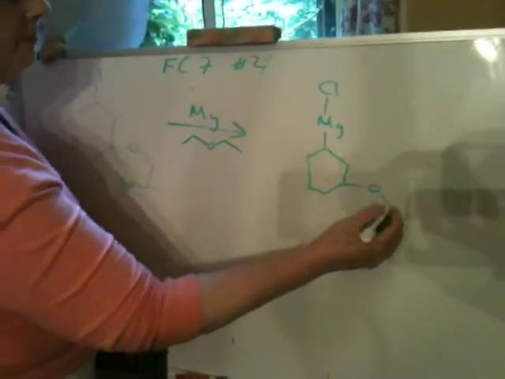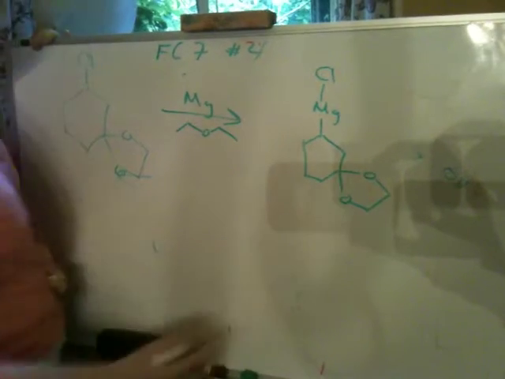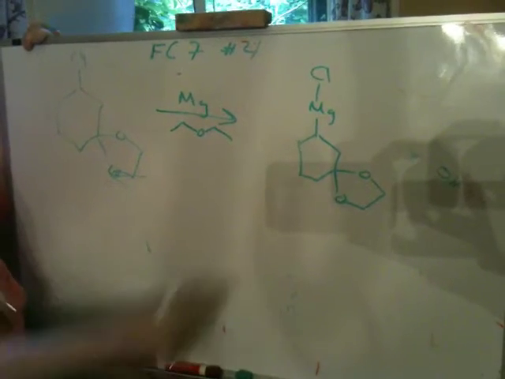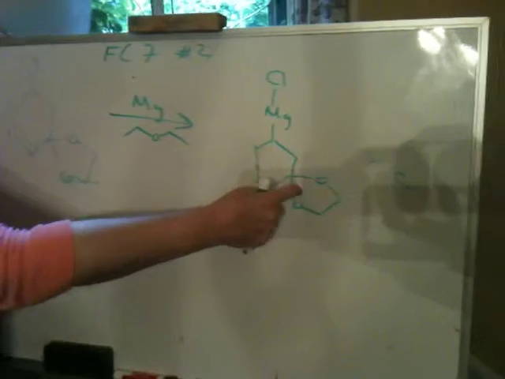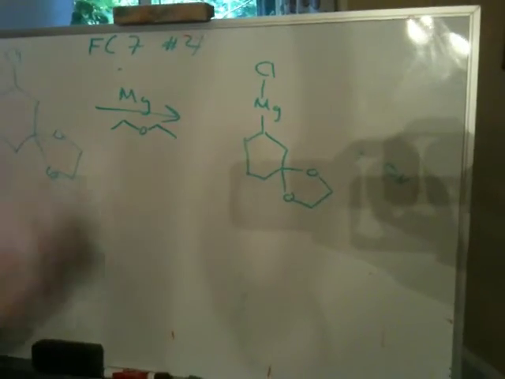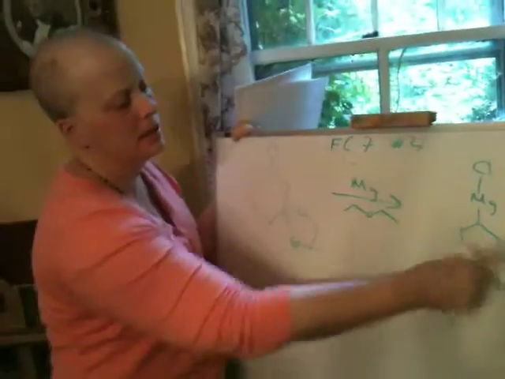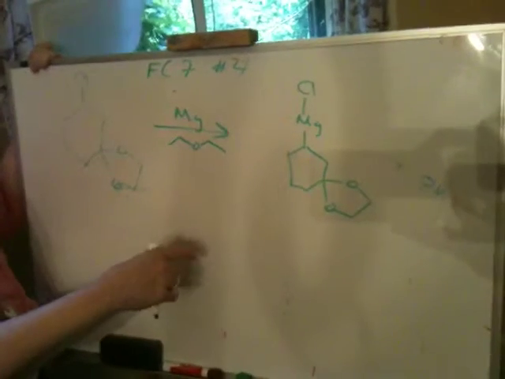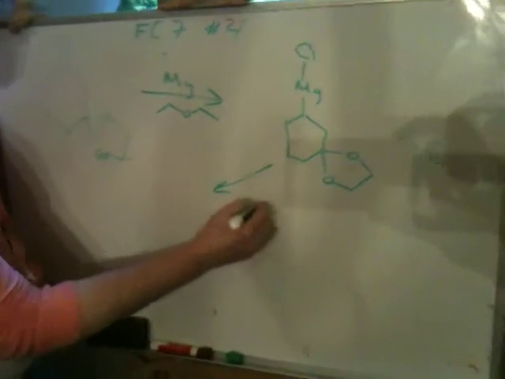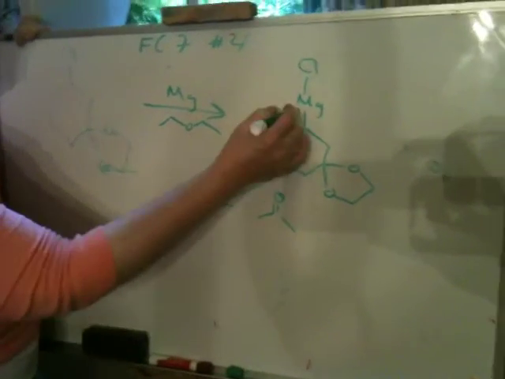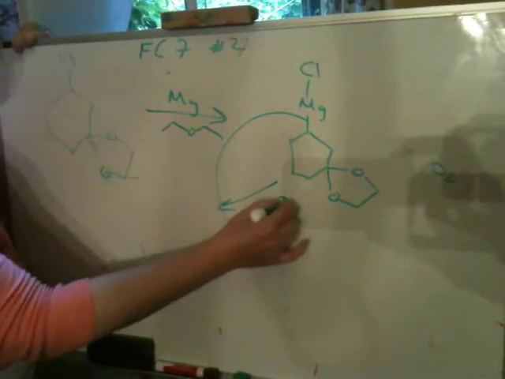of the chlorine. And the advantage of this is that this group is stable to base. It's not stable to acid, but it's stable to base. So this is going to stick around while you continue to do the Grignard chemistry, which would entail taking this anion, attacking this, opening this up,